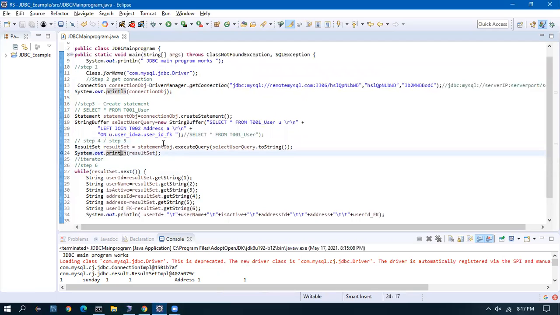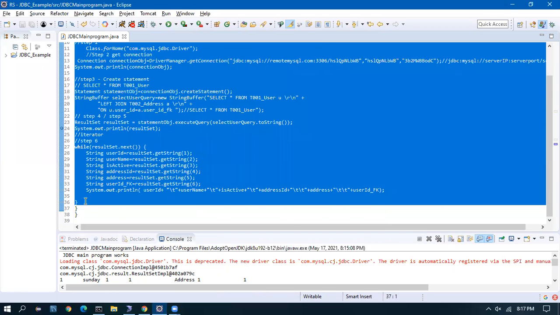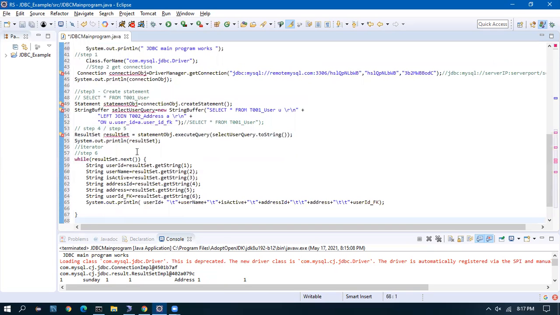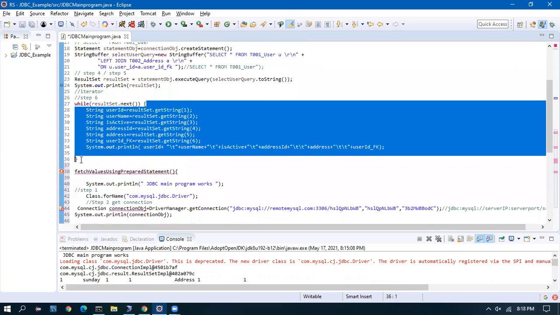Earlier we were using statement. Instead of that, we should use prepared statement. I'll show you now. So let me write, I'll copy this. I'll write a new method. Here, what is wrong?